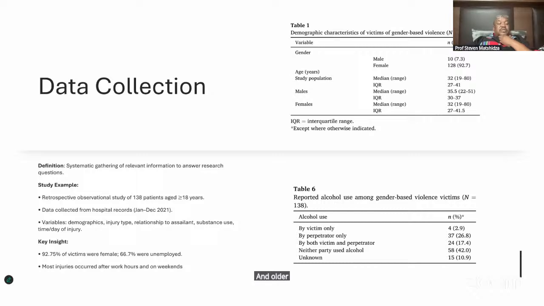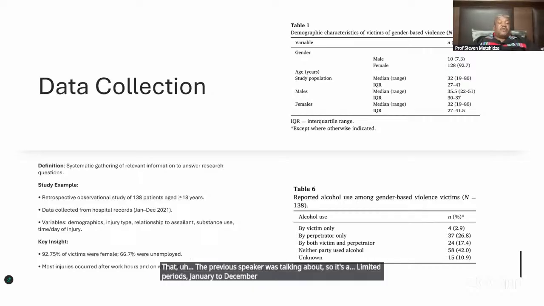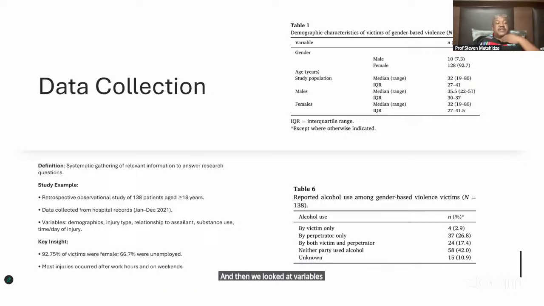And the records, it was a limited time. So that's the sampling that the previous speaker was talking about. So it's a limited period, January to December. So that's 12 months. And then we looked at variables like demographics, relationship to assailant, and